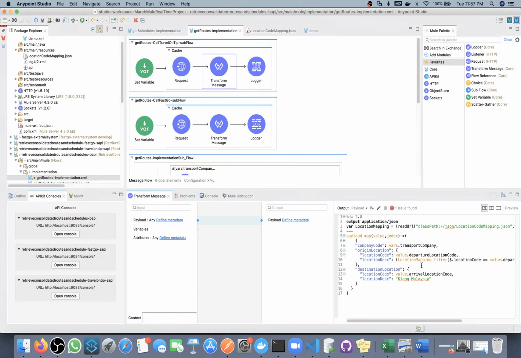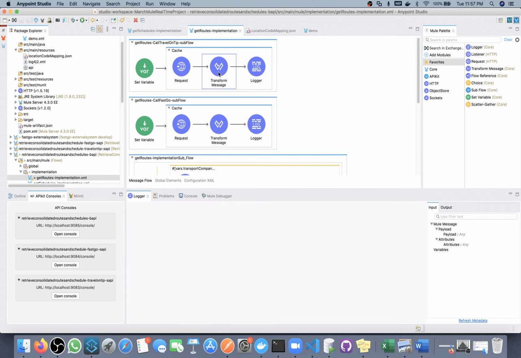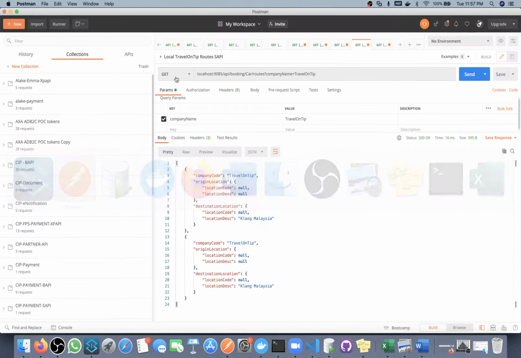For this travel on tip, we are not getting the departure location code and arrival location code. Okay, so first let me do testing from the starting.